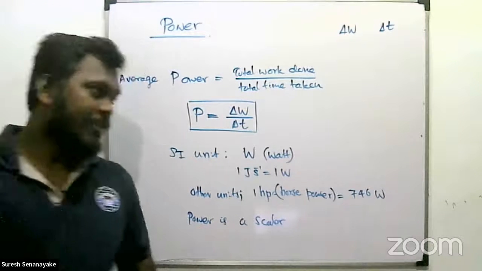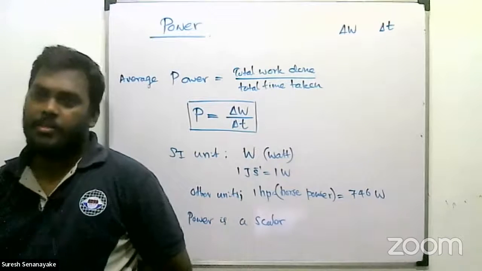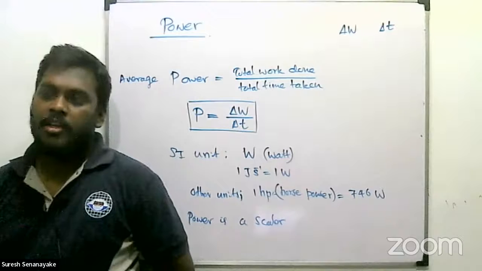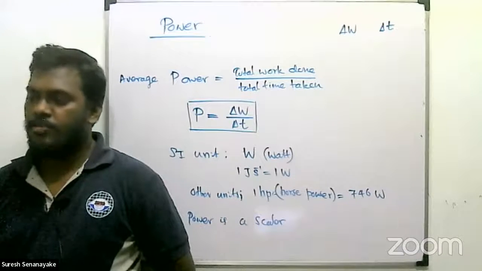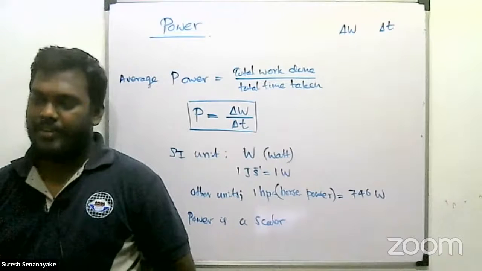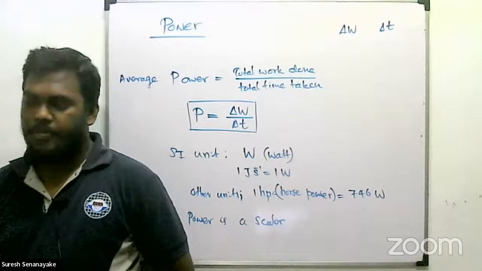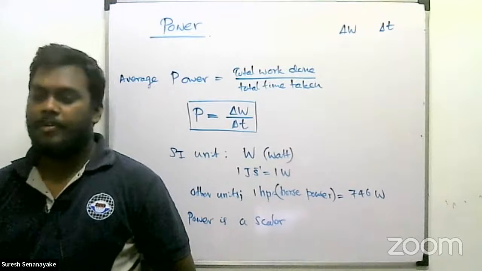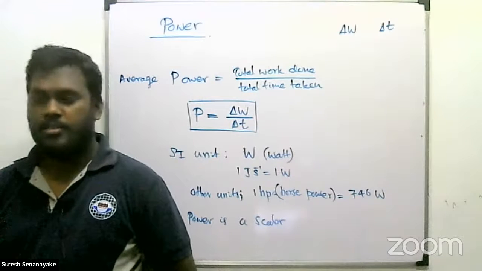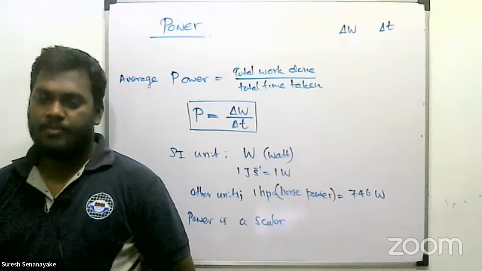When different systems are working, the power is different, right? In your home also, different electrical instruments have different power. They can be 100 watts, 50 watts. A small calculator works at about 50 microwatts. For torch bulbs, small torch lights, the power will be about 4 milliwatts. And when we consider a loudspeaker, its power is about